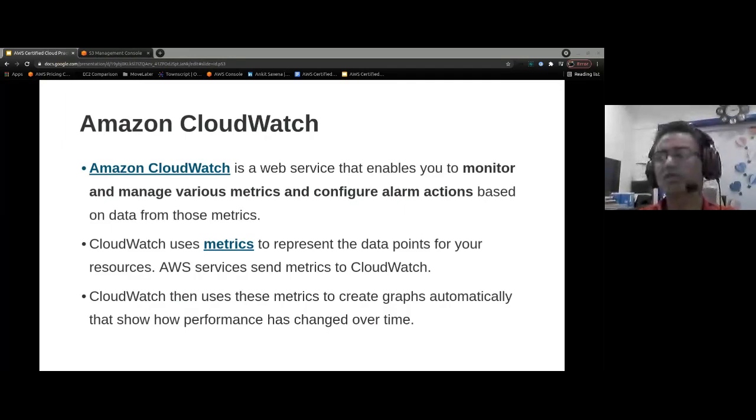So the very first thing it offers is with respect to metrics. We have different services, for example EC2 servers which we are running, and we want to monitor our physical servers. We want to monitor their CPU usage, RAM utilization, disk usage, disk reads, disk writes, and different network related parameters as well. All these parameters we can easily not only collect, but also create different metrics, different nice graphs on CloudWatch,